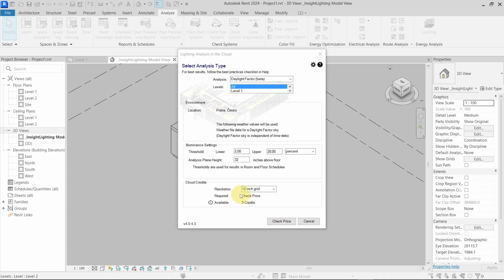If you go with check price, it will get you the price. The resolution here is only 12-inch or 72-inch grid, and you cannot choose a different one. Then you have your levels to be included in the calculation. Here we can choose only level 1, so only level 1 will now be run for my calculation. So if I go with my check price, you can see I got 0 credits required. So it is free for me. So I can just hit my start analysis and just let it